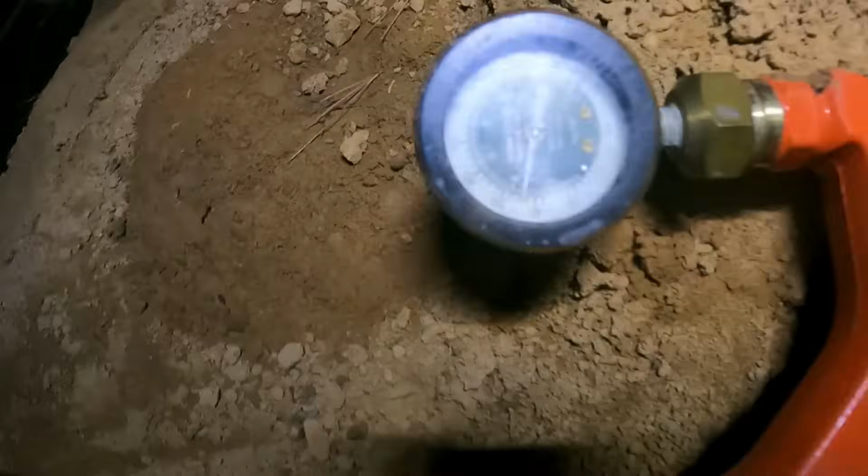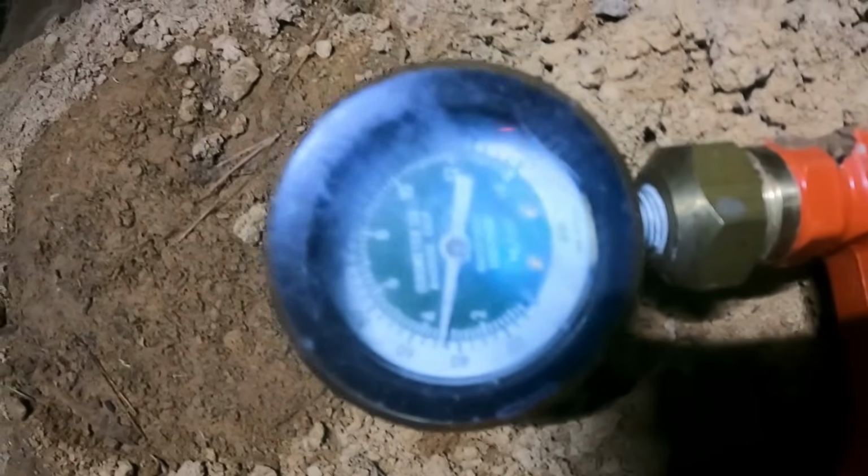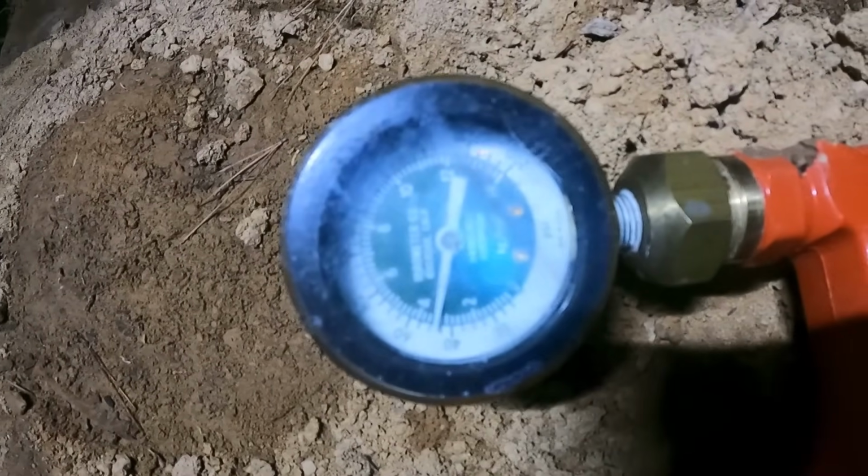I'm gonna be honest, it kicked my butt, but I think we are in the end victorious. Okay, we'll be back. Still sitting dead even between those two lines. I'm going to leave the gauge connected. Whenever we come back out here, it should read the same number. I learned the best doing hands-on work, and unfortunately, if I don't have someone to teach me, then I make mistakes, and I have to learn from my mistakes, but it is what it is. It took a little longer than it should have, but...